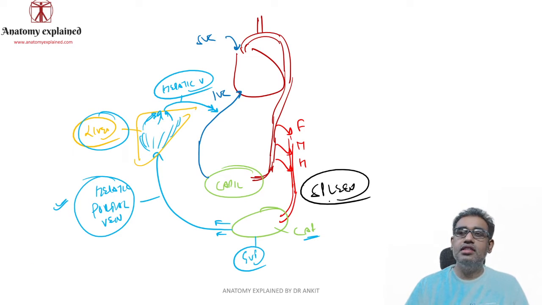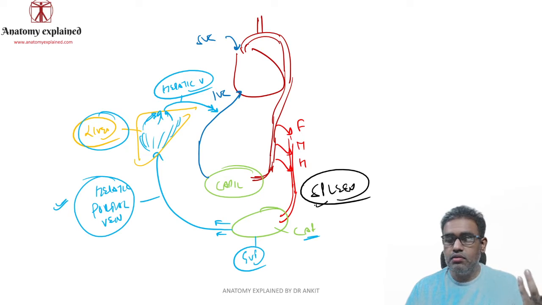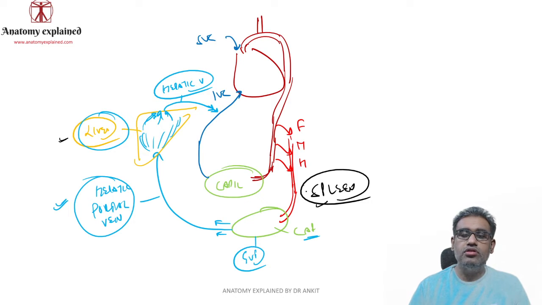So it is not just the gut, it is the spleen plus the gut part. From there, all the blood is taken by the portal vein, because the spleen sequesters the old RBCs, so bile, the function of the liver, formation of the bile. So it is gut plus spleen, that blood is taken up via the hepatic portal vein into the liver. Metabolism occurs over here, the bile is being formed over here, then the hepatic vein drains the blood back into the inferior vena cava.